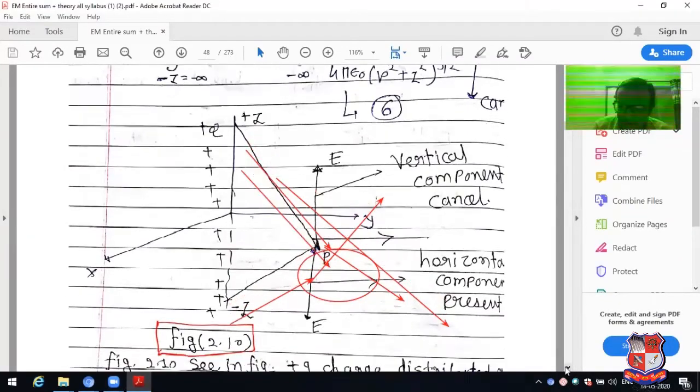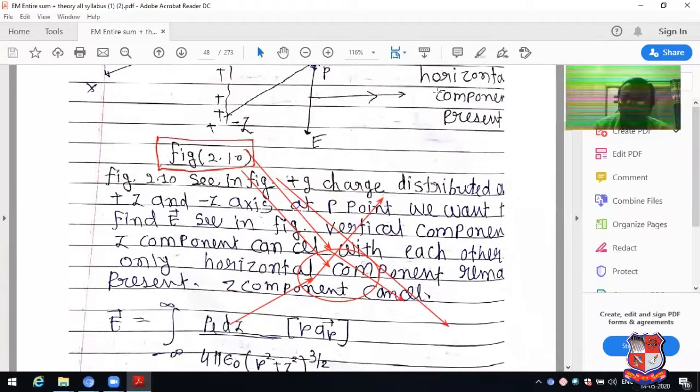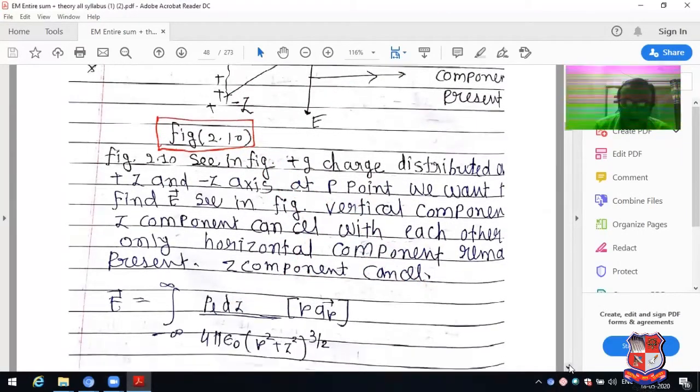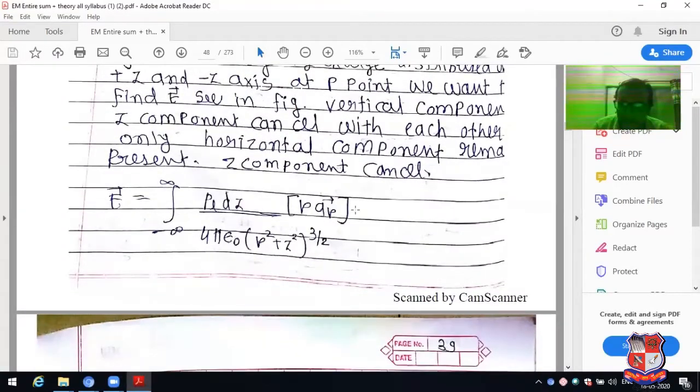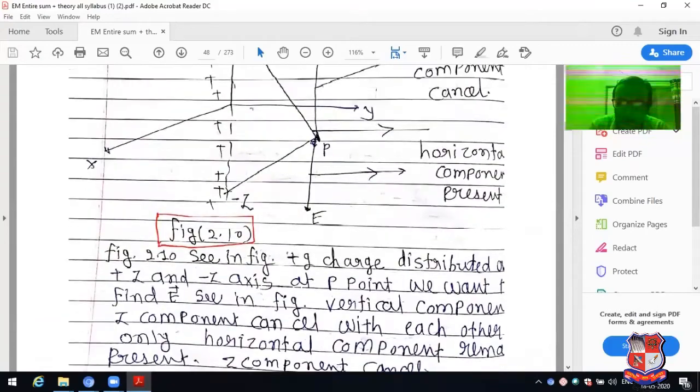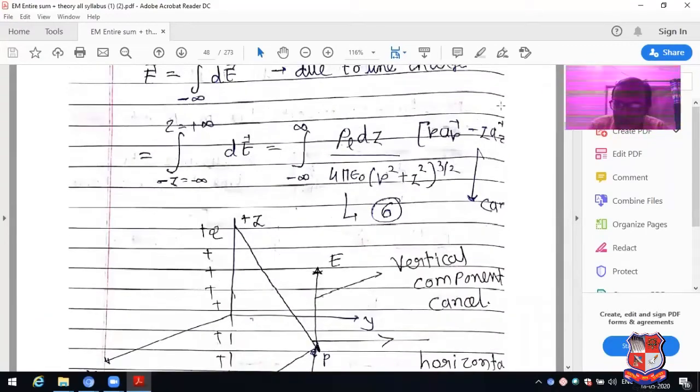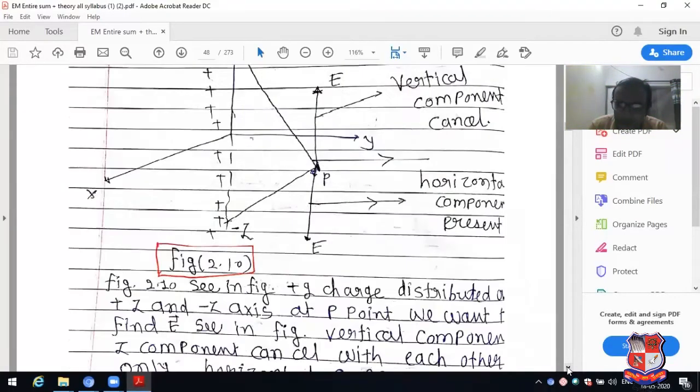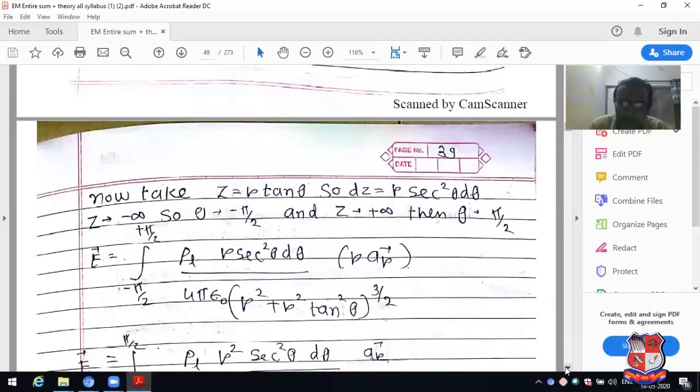Horizontal component can be present. So here, integrating from minus infinity to infinity, rho L dz, R aR: the vertical component is cancelled. See, this is the component that can be cancelled, so only this component is present. So here it is known as R aR minus Z aZ, R aR,